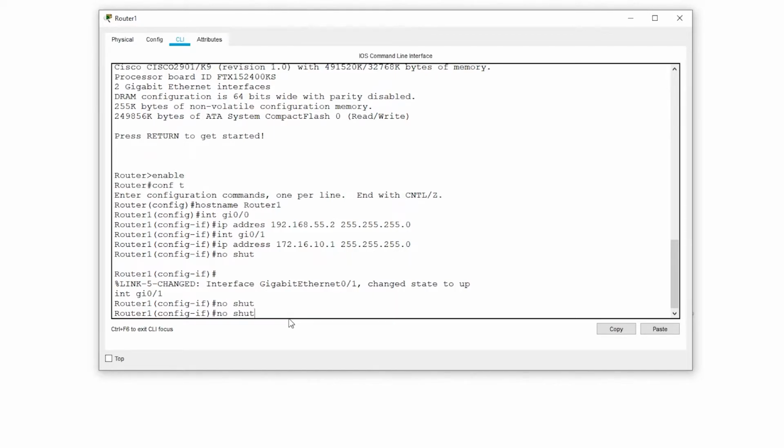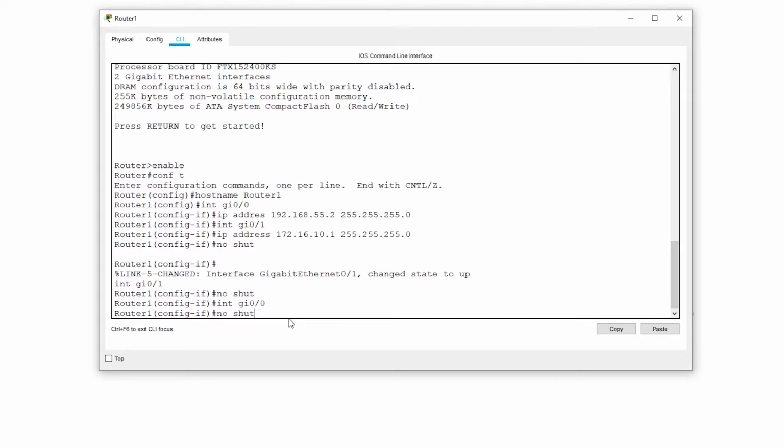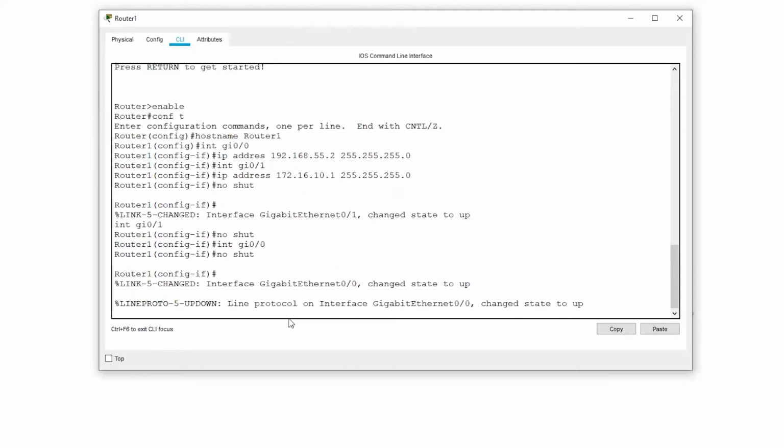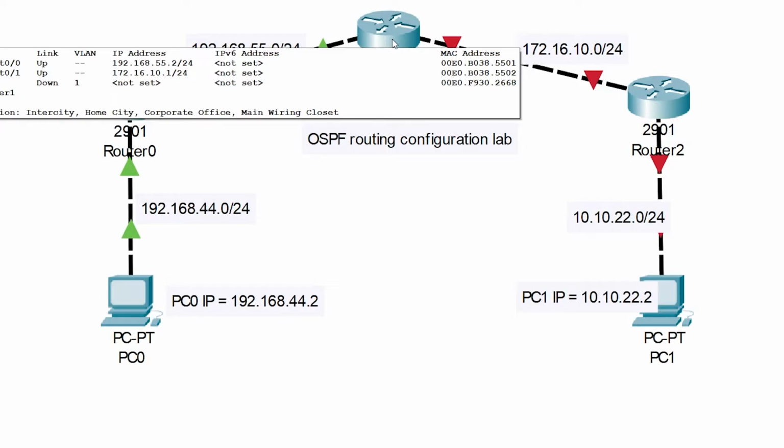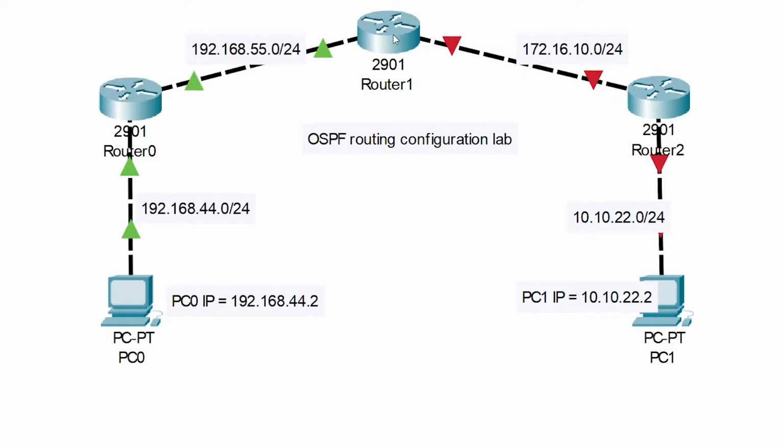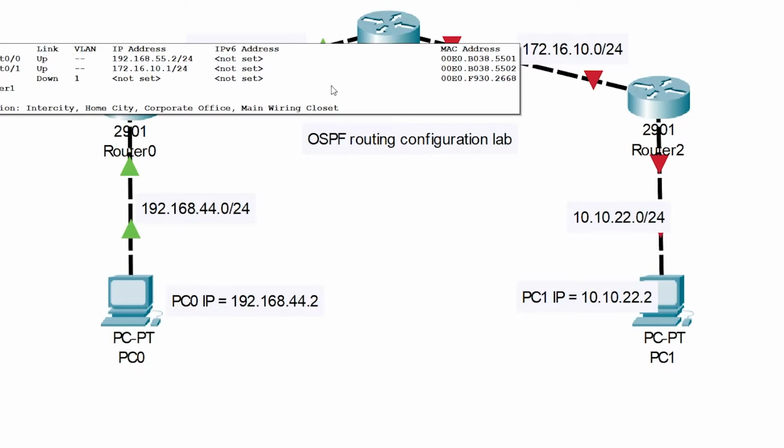Oh, I'm just not doing the right thing here. There we go. Okay, now let's check router 1 first. So we got 55.2 and 172.16.10.1. Even though I didn't type address completely, it still knew what I was going to say.